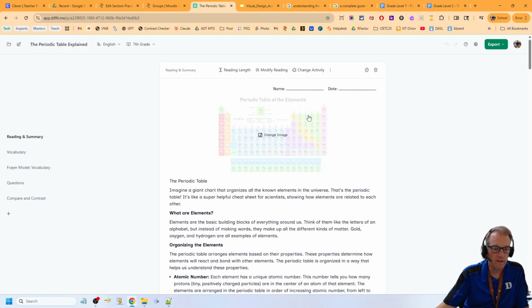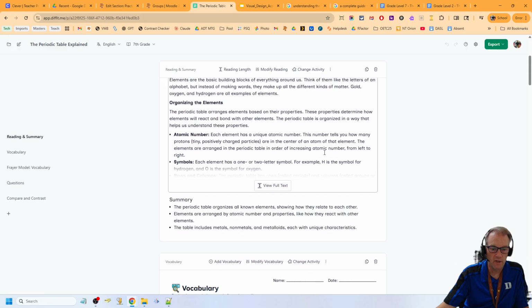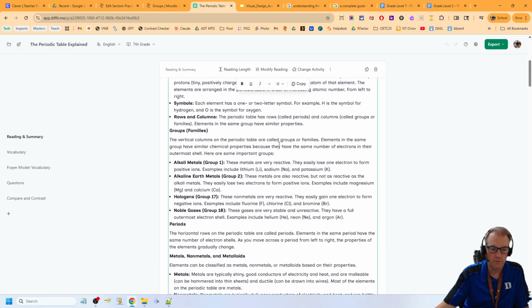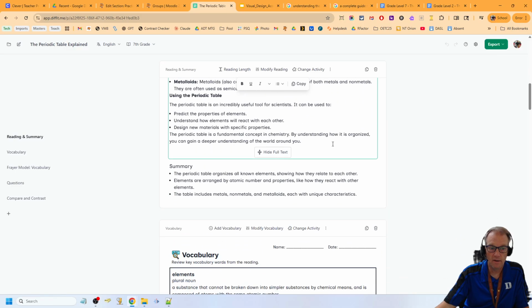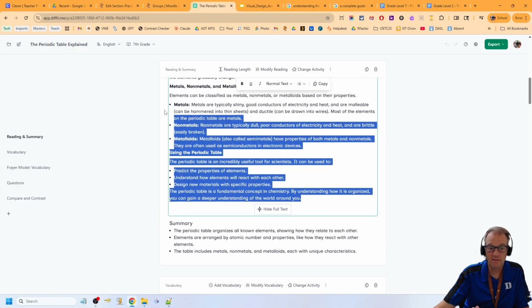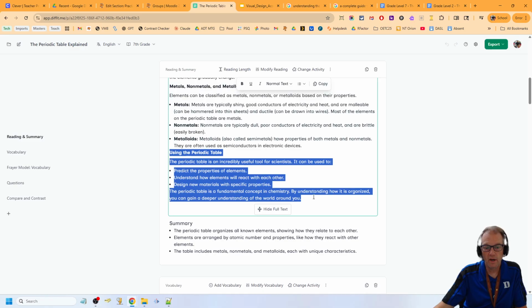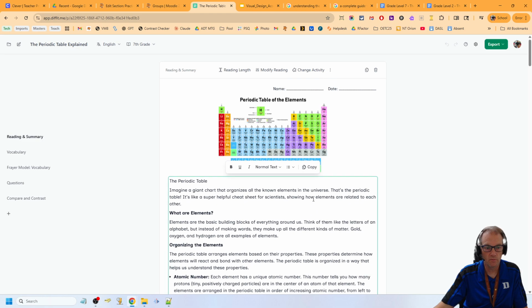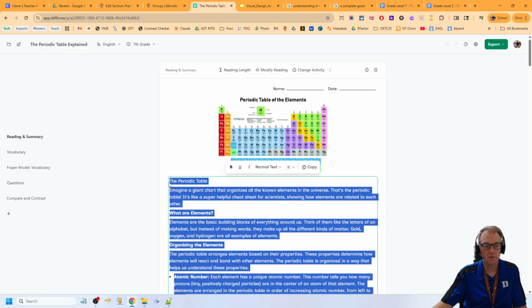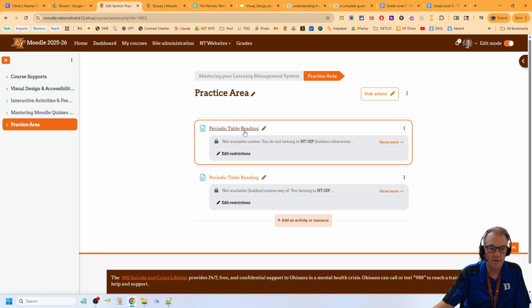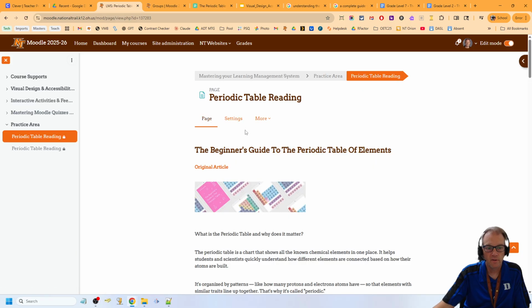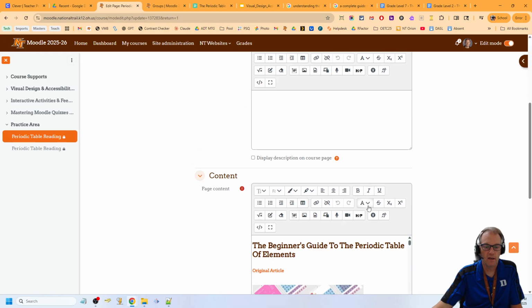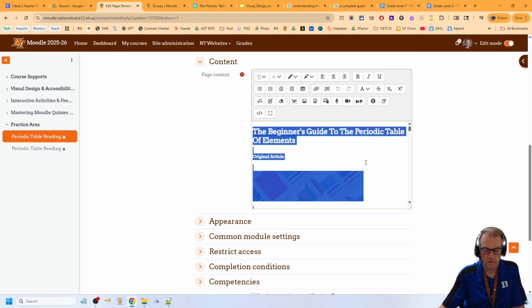So I've got a lesson up here up top now with reading. I can click this and see the full text here, and maybe I say, you know what, I like this way better than what I saw before on the other one. It's a much nicer read, so I could use this instead. If I was like, oh, you know what, that other one wasn't great, I'm going to go ahead and replace it with this